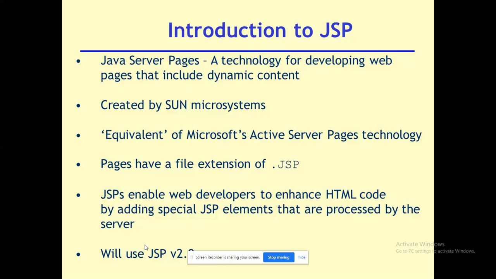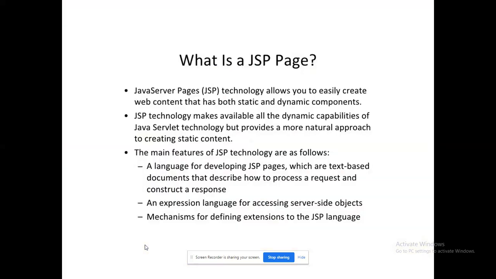In the HTML, special elements are added that will be filtered and monitored by the server. While it is going to execute, it will separate the HTML code and the JSP code. We will see how it happens in an architectural way. First we must understand what a JSP page is. The JSP page will consist of both static content as well as dynamic content. Static content represents HTML, dynamic content represents JSP. This is your basic understanding of a JSP page.